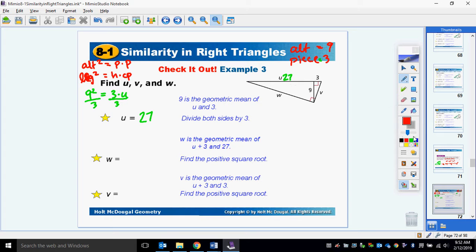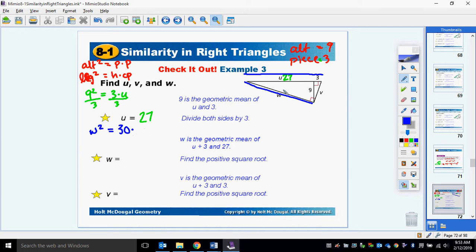From there, I can find the other legs. It doesn't matter which one. Like, let's say in my big triangle, I need to find w and v. Those are the legs, right? They make up the right angle. Let's say I wanted to find w. W is a leg, so I need to be using the leg squared equation. Leg squared, the leg I'm working with is w, equals hypotenuse. What is the length of the hypotenuse of our big triangle? Well, the hypotenuse goes from 27 out to 3, so the hypotenuse is 30, and I need to take it